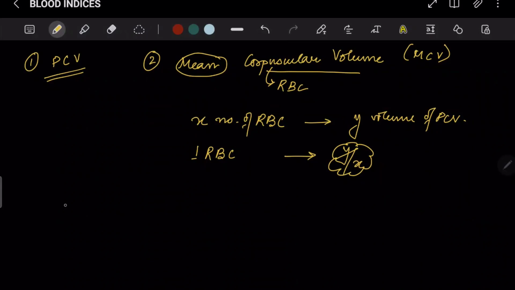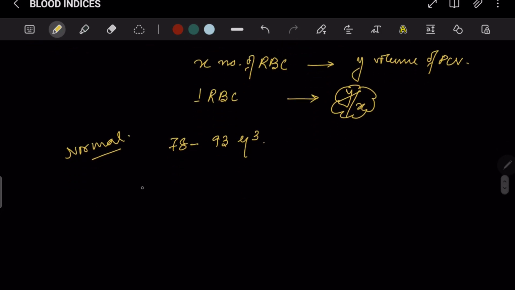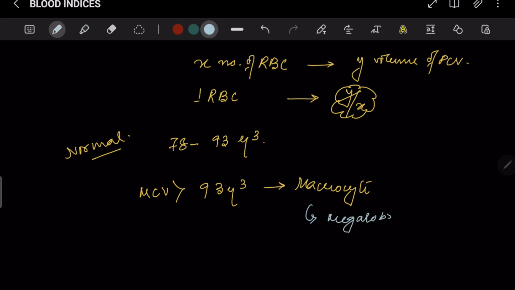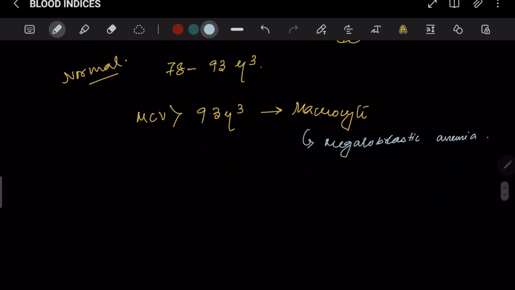The normal MCV range extends from 78 to 93 cubic micron. If MCV is greater than 93 cubic micron, then we will call that RBC a macrocyte, which is usually seen in case of megaloblastic anemia. Right. Now, if